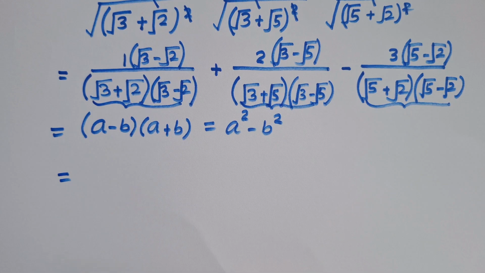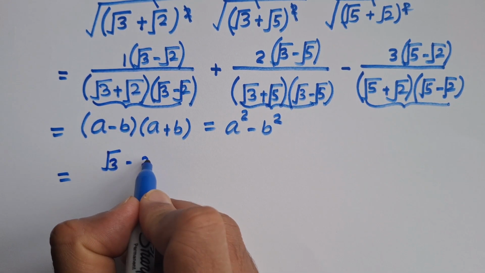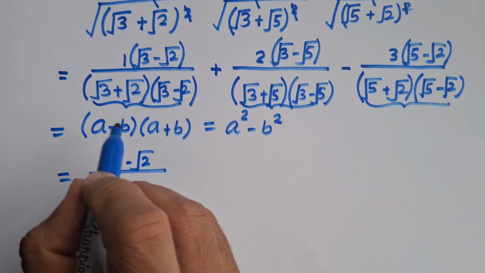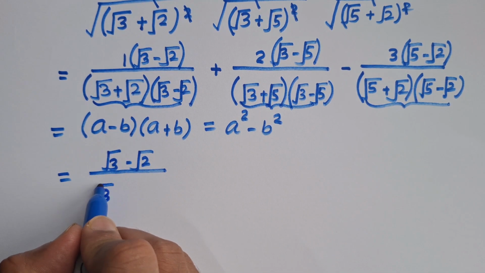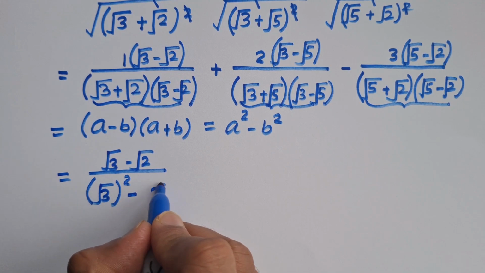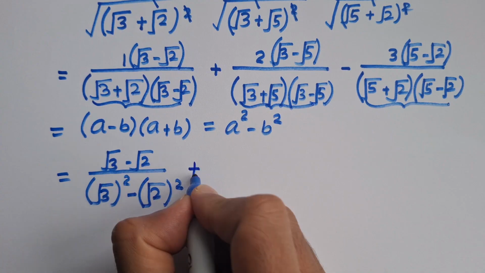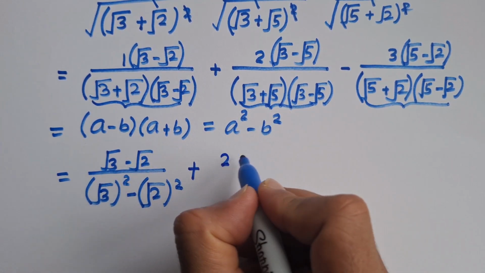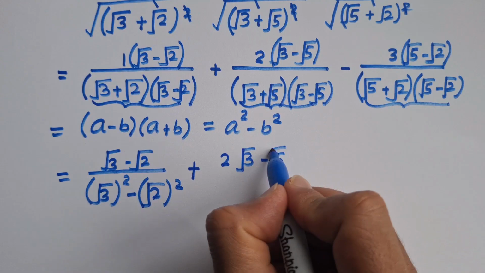So in the next step, I will have square root of 3 minus square root of 2 over, this one can be written according to this pattern, square root of 3 raised to the power 2 minus square root of 2 raised to the power 2, plus, here we have 2 times square root of 3 minus square root of 5